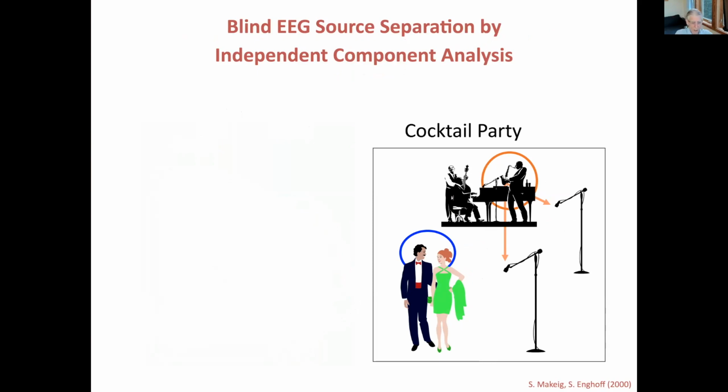Is it possible, the signal processors asked about 30 years ago, to separate out the sounds? Each microphone is mixing, summing the sounds from these different sources. Is it possible to separate out from their mixtures the original sound sources without knowing what the sound sources are? That was called blind source separation, blind to what they are. In other words, instead of trying to find a saxophone in those recordings and a man's voice, just simply find what were the sources of information in the data.